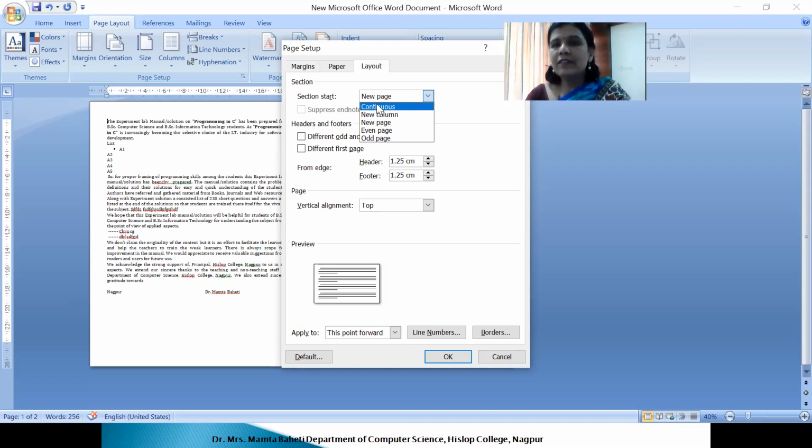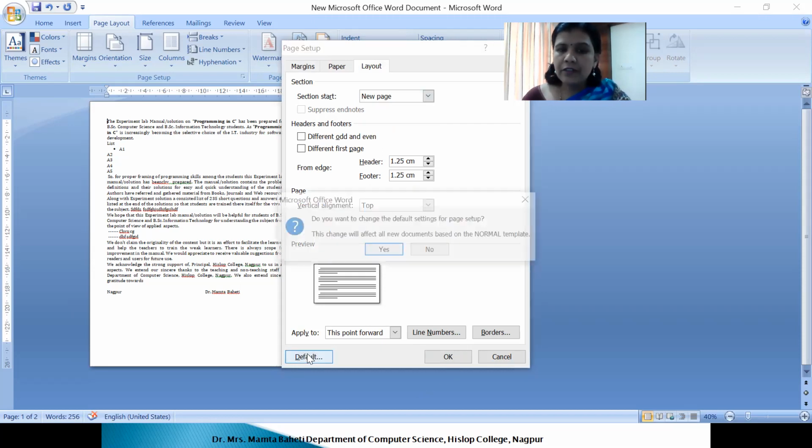This particular setting will be required only when you are working with a variety of formatting in one file, where margins are different, page size is different, or headers and footers or likewise settings are different. Okay.